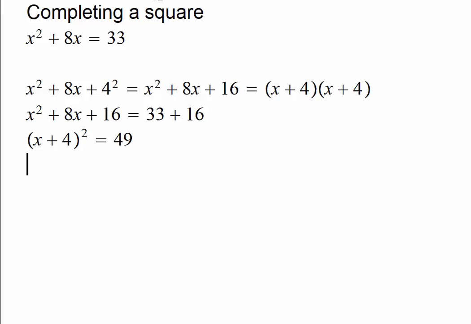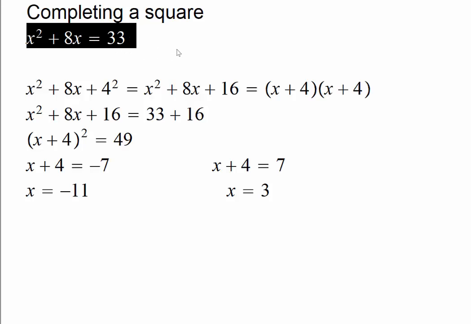So if we take the square root, we have x plus 4 equals -7, or x plus 4 equals +7. So these solutions will be x equals -11, and the other solution is x equals 3. All right. Now notice this would work only if the coefficient of x squared is 1, which it may